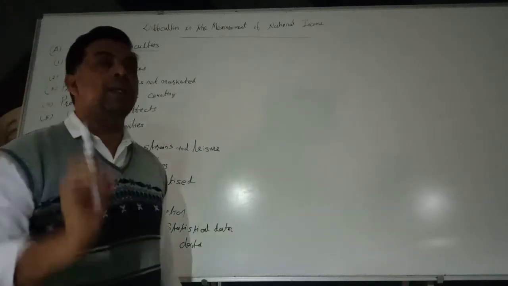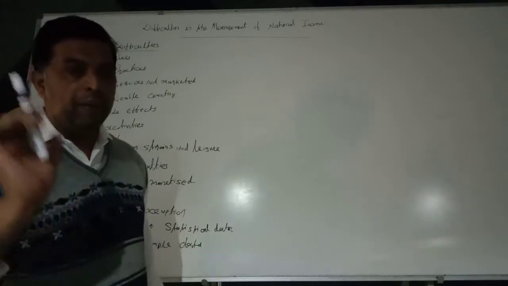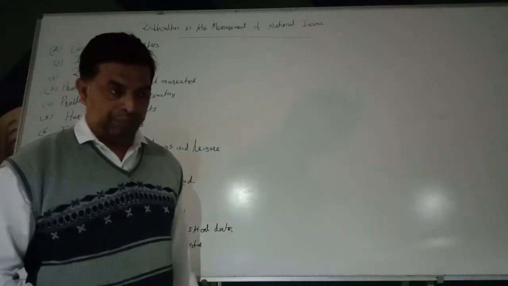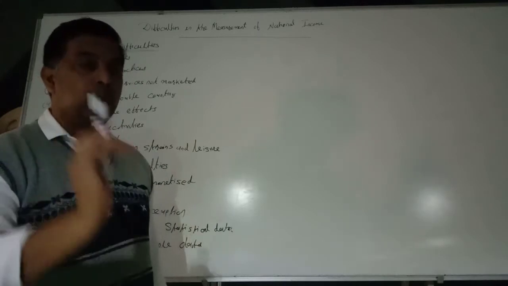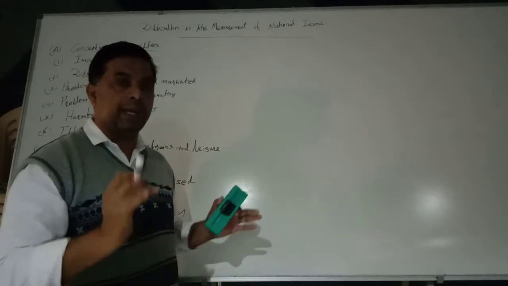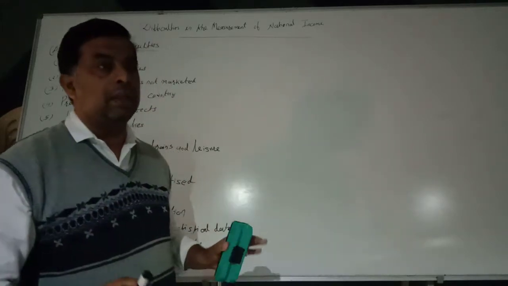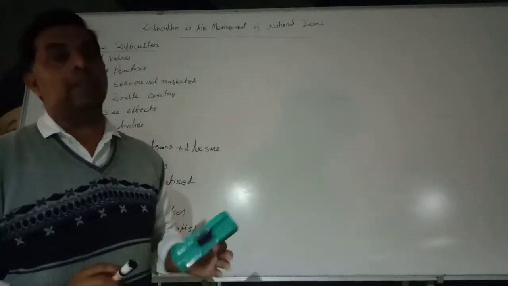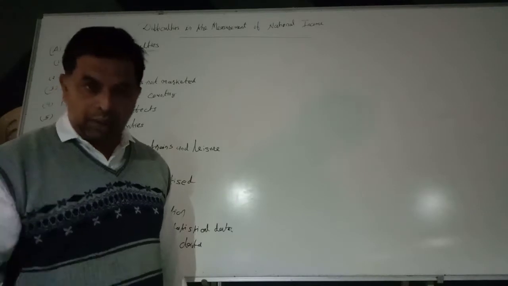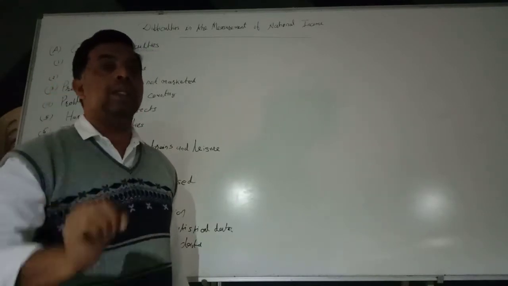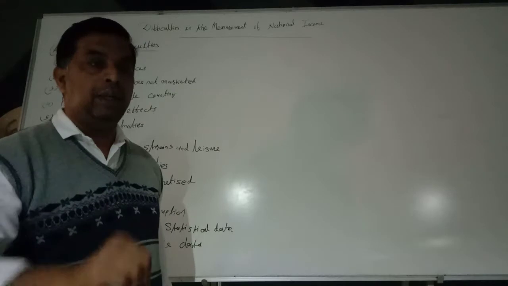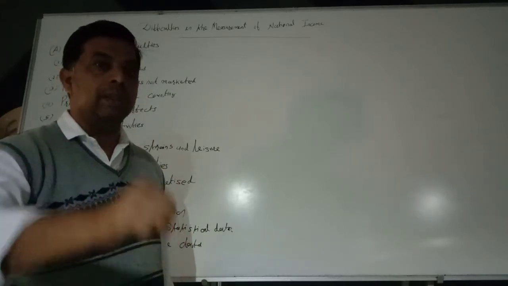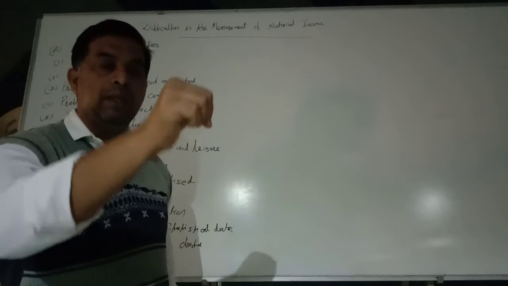Second, different practices. Different countries adopt different practices in measuring national income. For example, food grains, vegetables, fruits which are kept for self-consumption are not included in national income by advanced countries. Industrial countries do not include them. Okay, but agricultural economies like India, Australia, do include food grains, vegetables, etc.